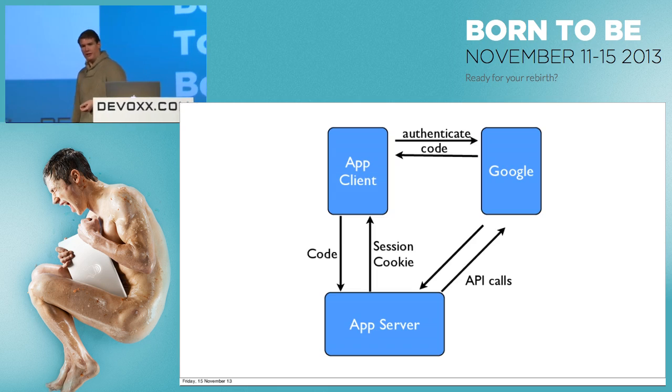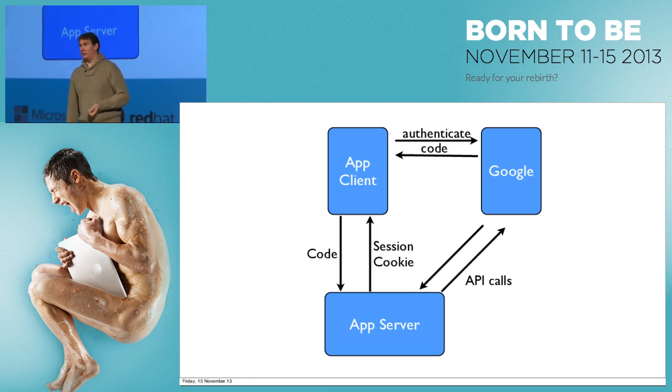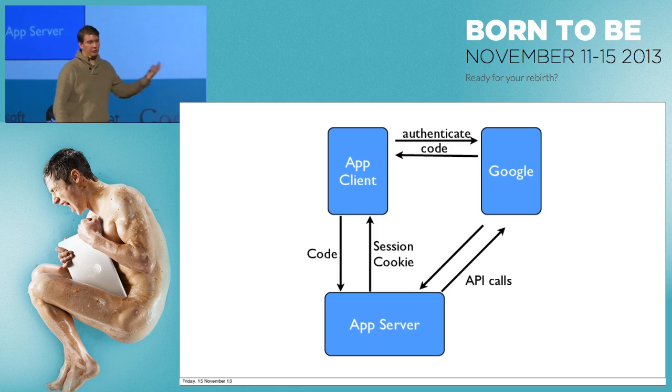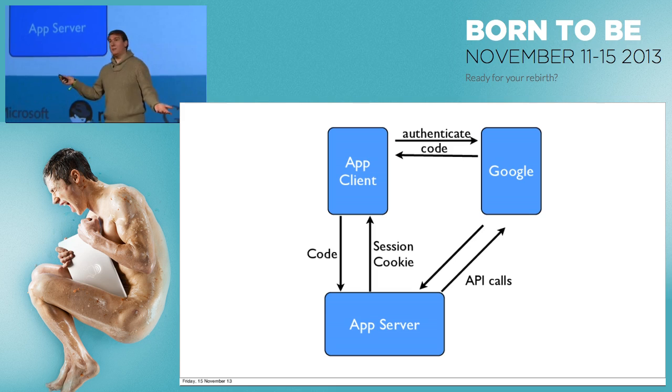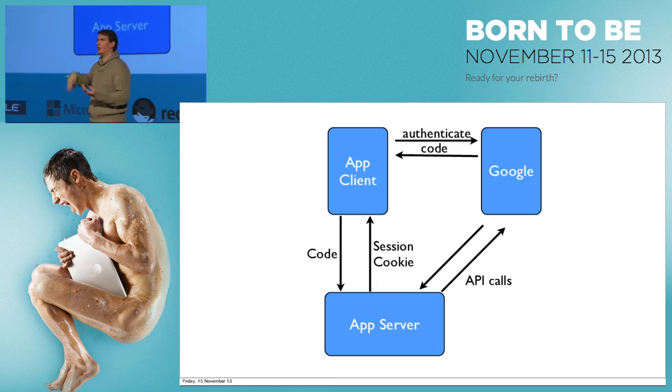So the second way of actually doing sign-in is with the server, if the server needs to make API calls. Most of the time, as I said, I prefer the other option. But there are legitimate reasons you need this. For example, if you are making calls to do something when the user is not using your client, for example, you're uploading large files to their drive or YouTube, or you're scanning their mail for attachments, or you are doing background checking of their contacts or people they have in circles, that kind of thing. If you're building that kind of experience, then you'll need to have access when the user's not there.